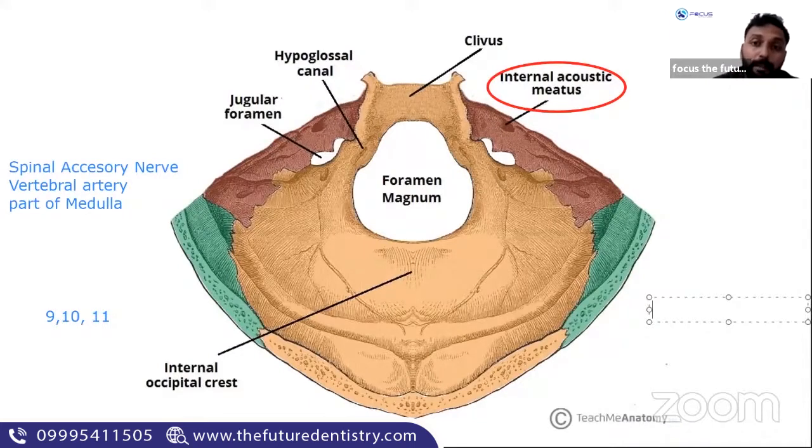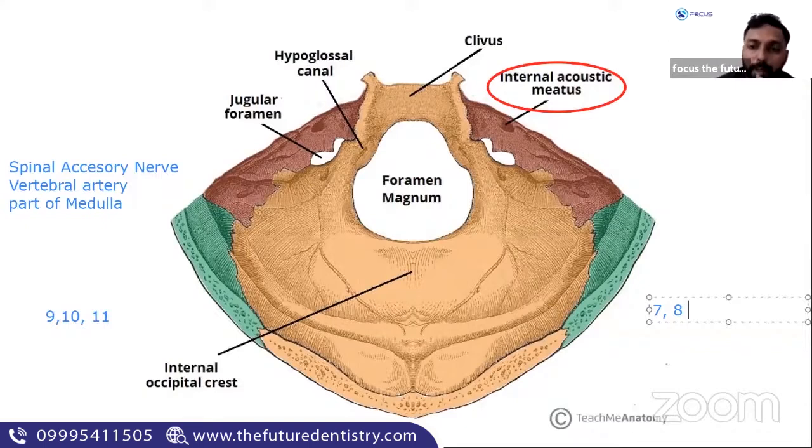Very important, because as a dentist, the facial nerve and trigeminal nerve are the most important nerves. So you should know in and out of its path, wherever it is going, you should know the anatomy of that place. So in the internal acoustic meatus, you have 7 and 8. We just discussed the exiting route of the 7th, 8th, 9th, 10th, 11th, and 12th cranial nerves. So altogether, it is 6 cranial nerves which we have completed in the posterior cranial fossa.